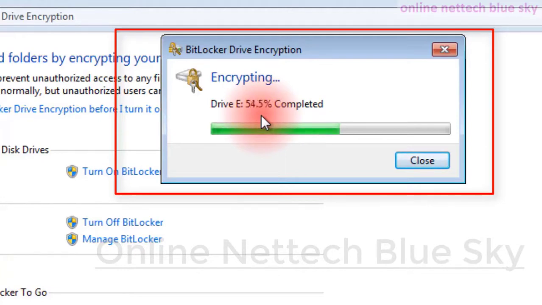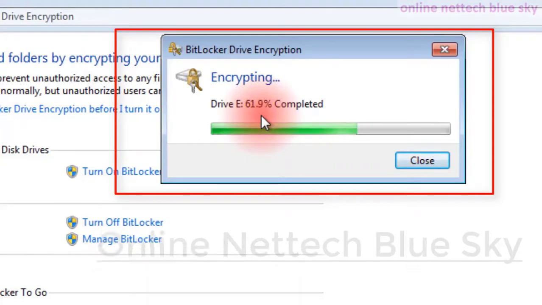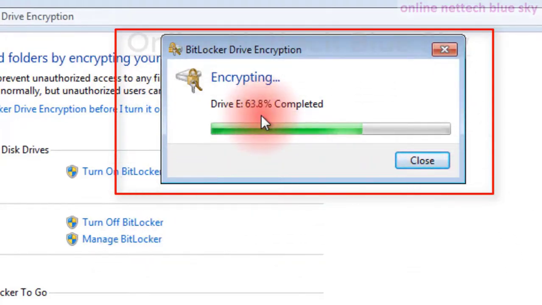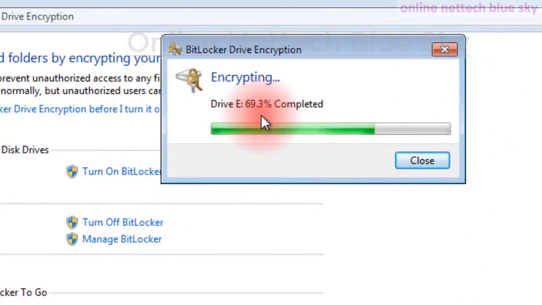I suggest you keep the encryption password and recovery key file, very important for you. Second, use this software when your partition is empty, so it works fast. It depends on your data: 55 GB, 80 GB, 81 GB.